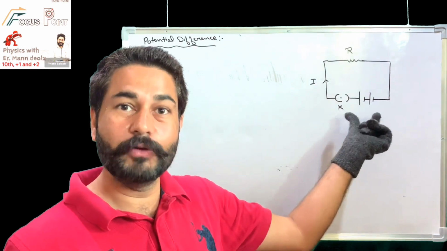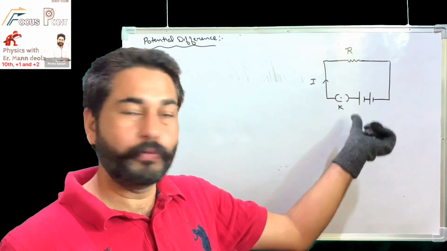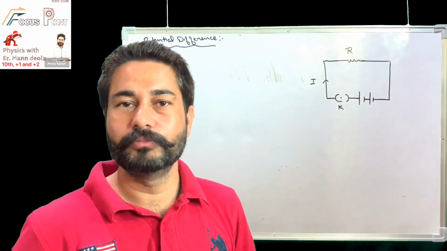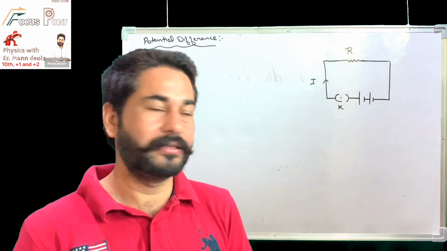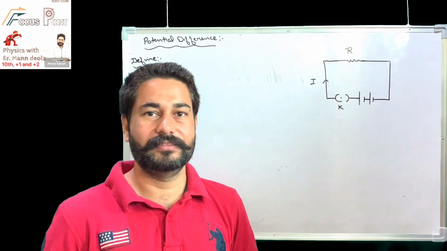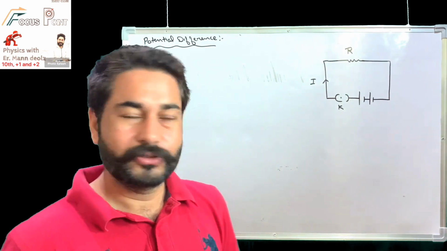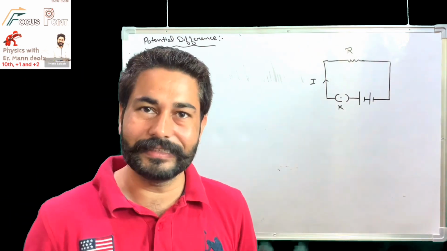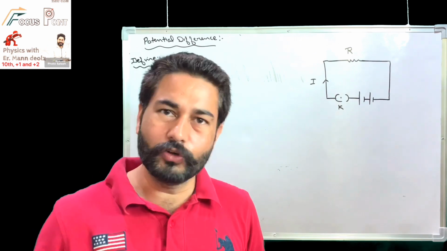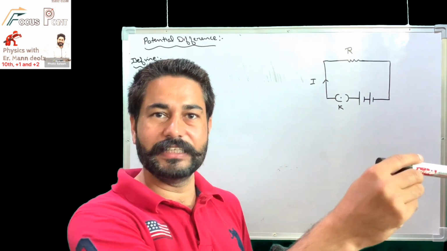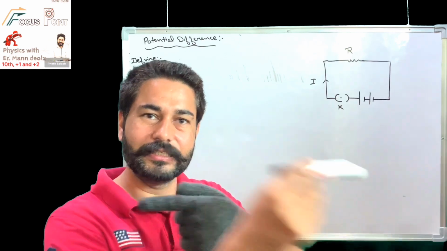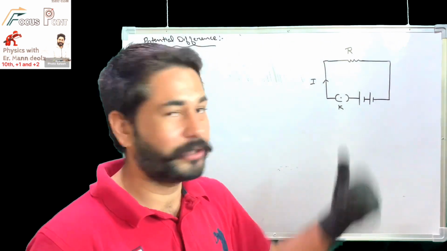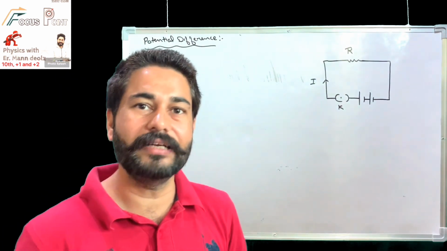So by the battery, work is done on the charges so that they move into the conductor, and that work done by the battery on these charges is known as potential difference. It is a little bit more confusing to understand. For electric current you can easily understand: positive charge moves in one direction and negative charge in the opposite direction, and the rate of flow of charges is electric current. But to imagine the potential difference or electric potential is quite difficult.